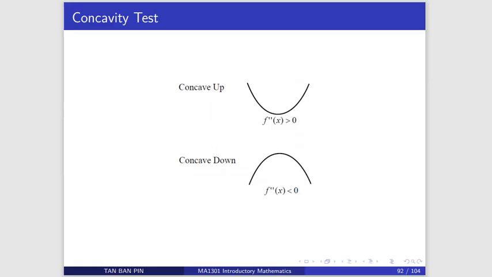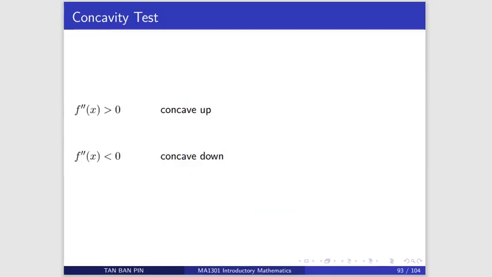And it turns out that concave up means the second derivative is positive. Concave down comes from the second derivative being negative. We will try to understand why concave up means the second derivative is positive and concave down means the second derivative is negative. f double prime x is less than 0 for concave down, and for concave up, f double prime x is positive. So we'll try to understand this too.